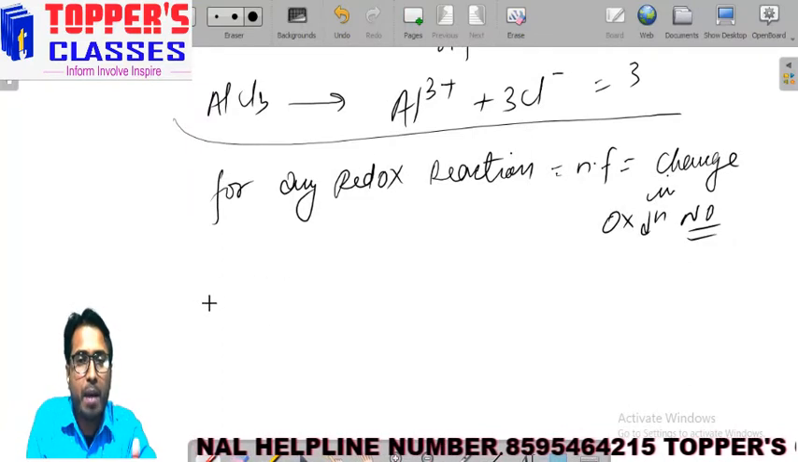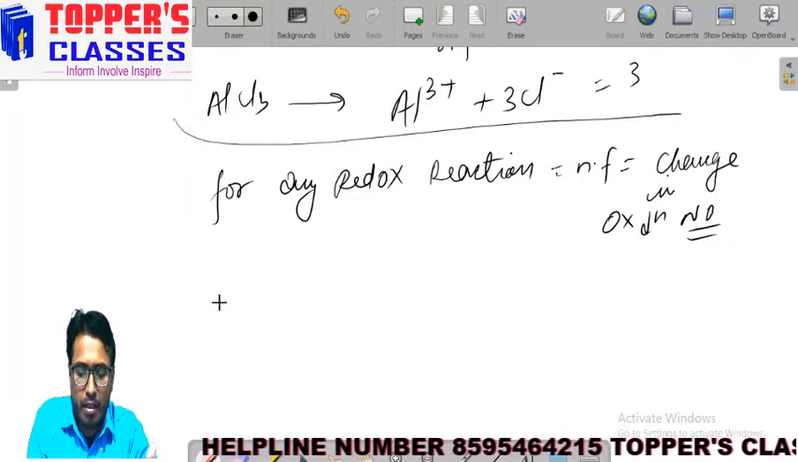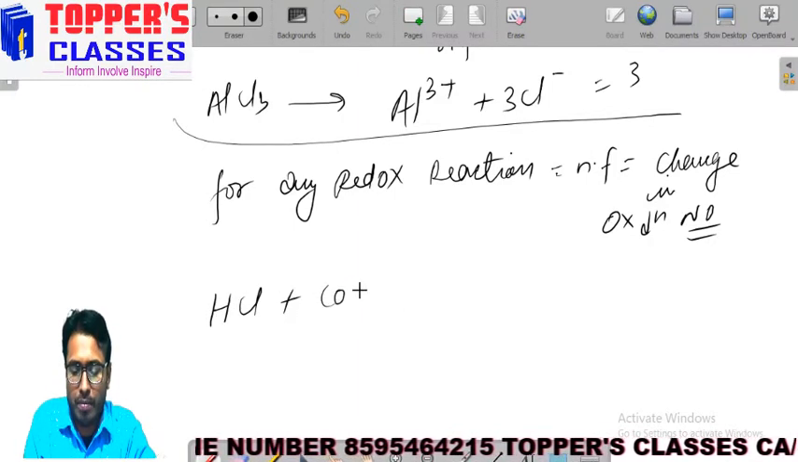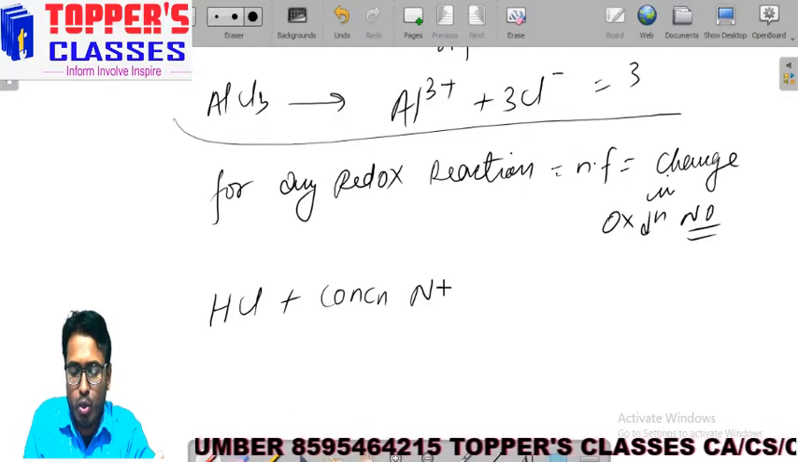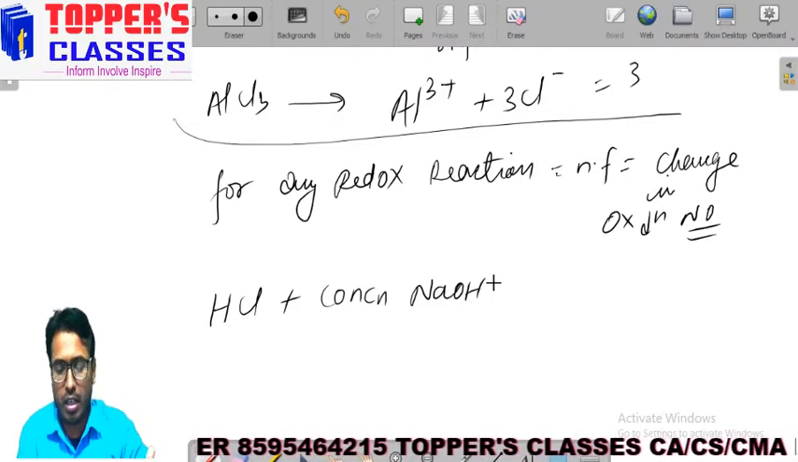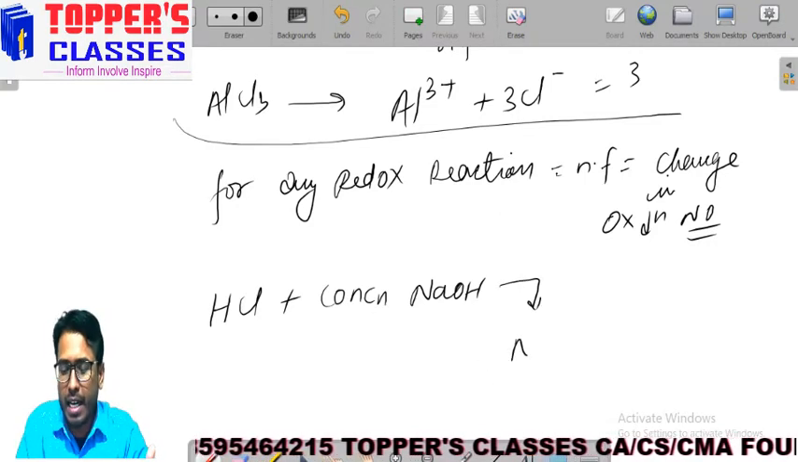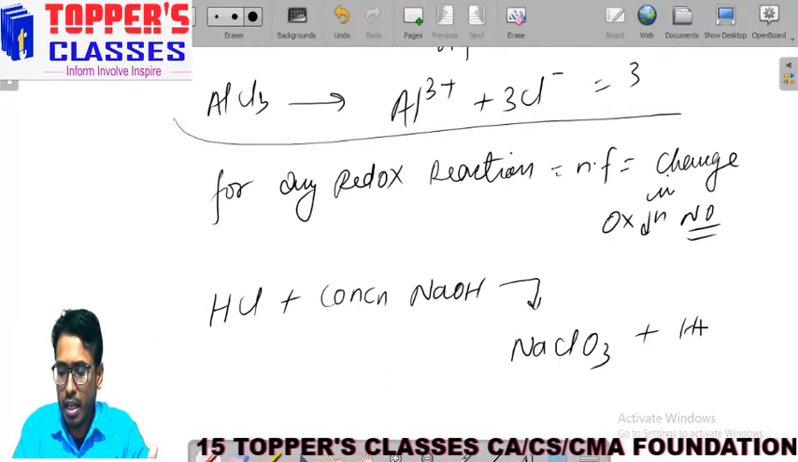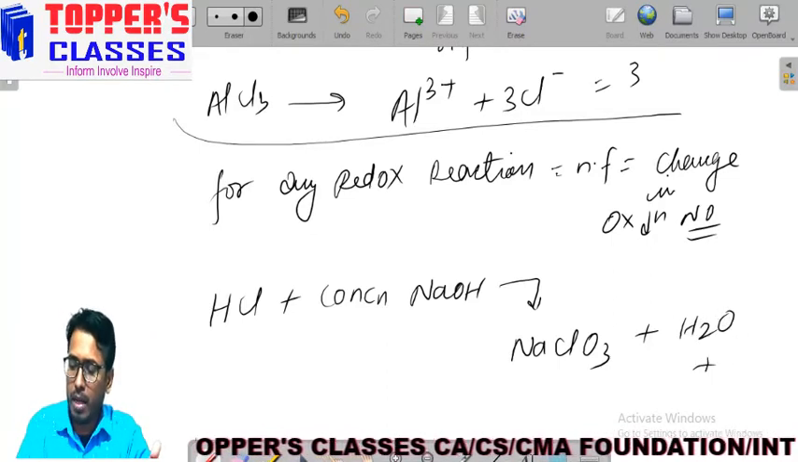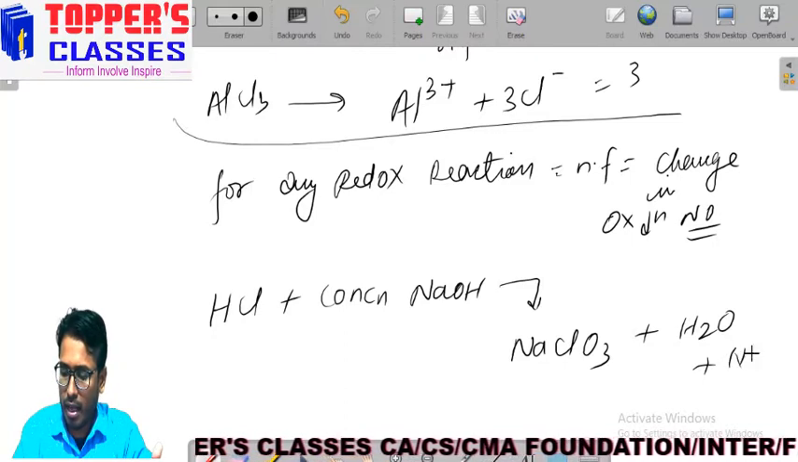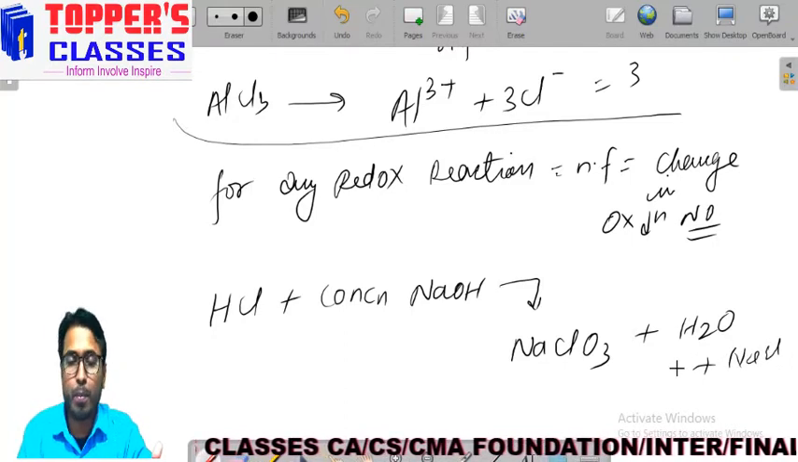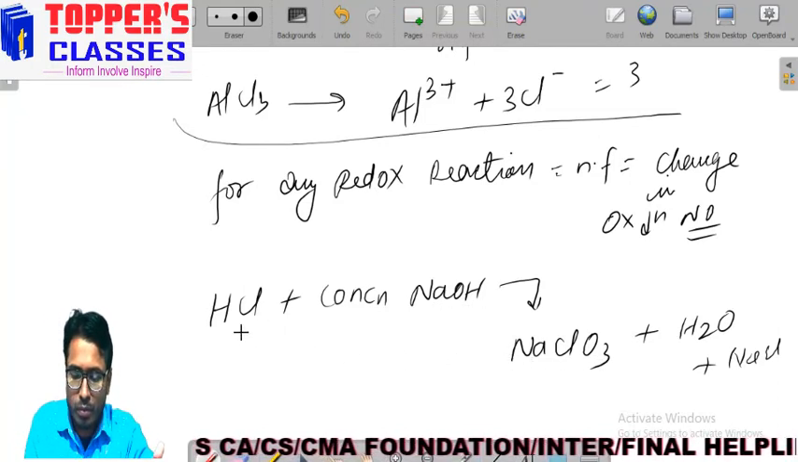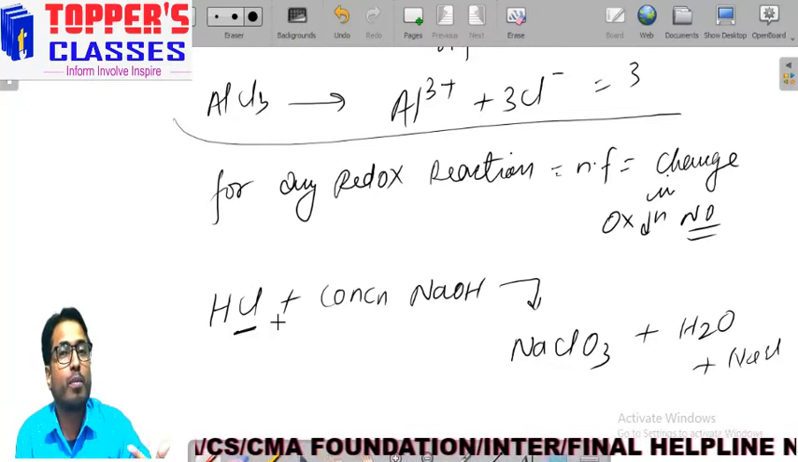Suppose we have a reaction when we treat HCl with hot and concentrated sodium hydroxide. Then what we will get? We will get NaClO3 plus H2O plus NaCl. So this is the product. Now if we look at the n factor of chlorine in this case,